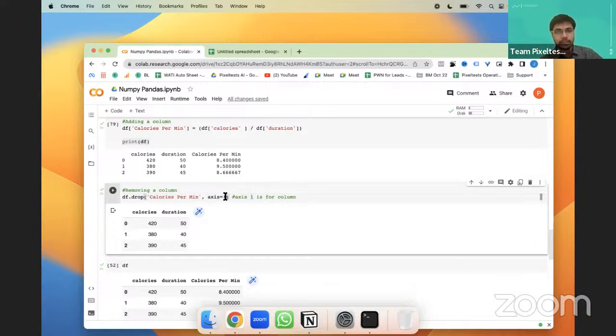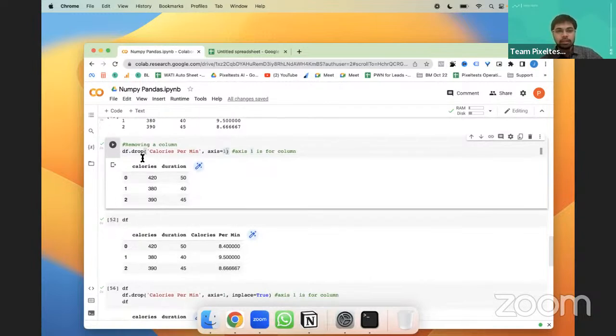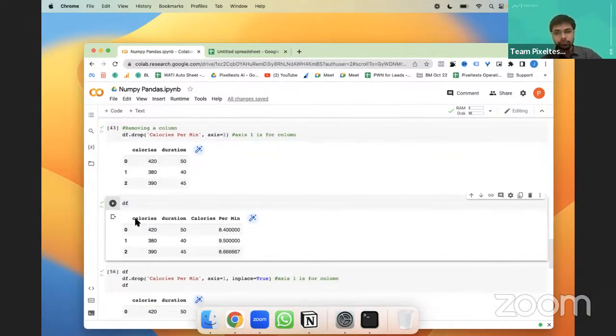Now when we use a drop statement, it creates a new object and drops the column in that object. So if I run this statement, this is a new object, but if I print the data frame again here, it will still have calories per minute.